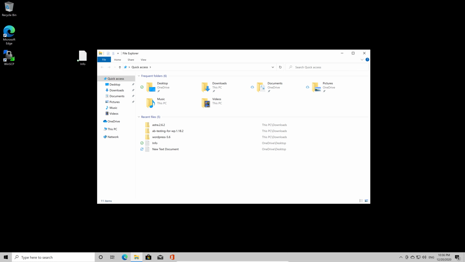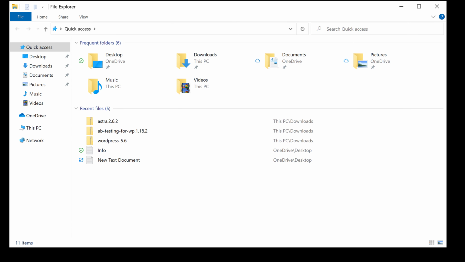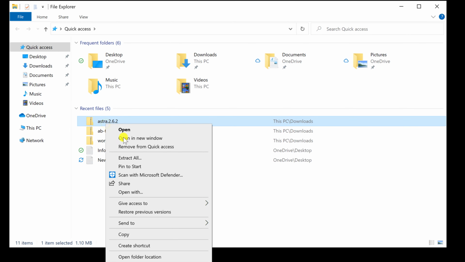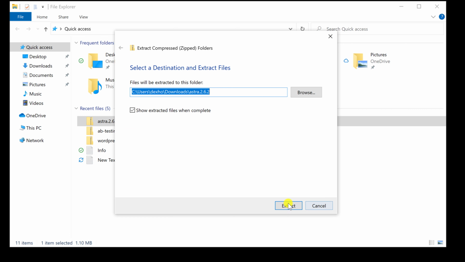I have already downloaded the theme. You will need to go to the folder where you downloaded the file. To transfer the files to the server, you will need to unzip the file. I will right-click the theme zip file and click on Extract All. Now click on Extract.